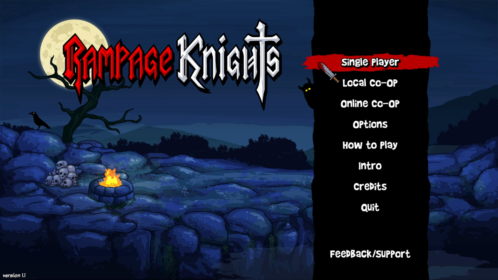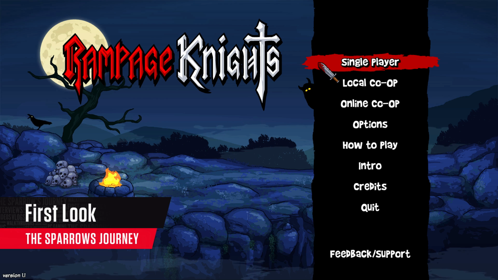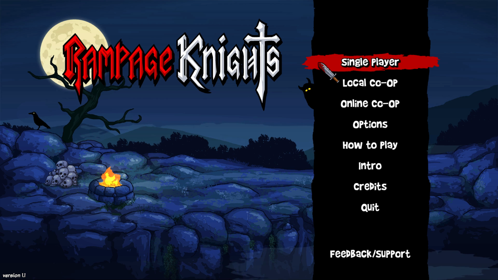We are here to take a first look into Rampage Knights. It's a game inspired by Golden Axe and Binding of Isaac. In what way? Well, it's a beat-em-up game with roguelike-ish elements, just like the two games that I've mentioned before. This is a game made by Rake in Grass, and I'm going to try to show you what it has